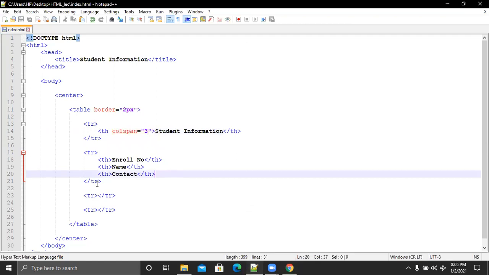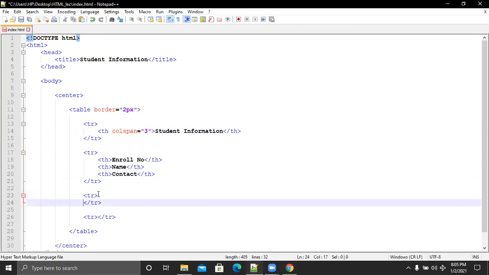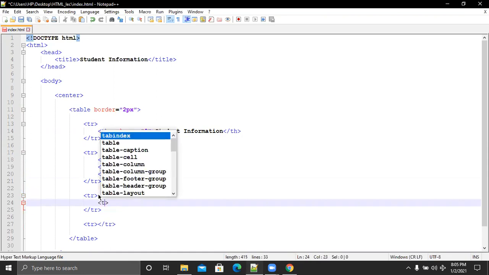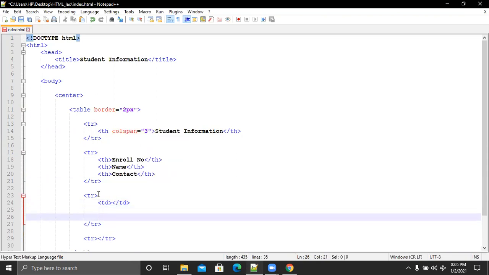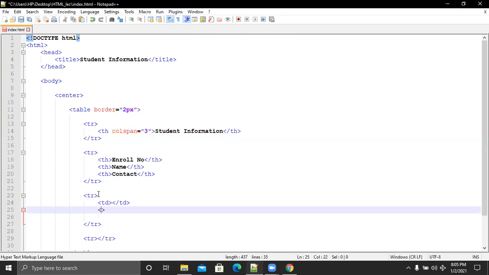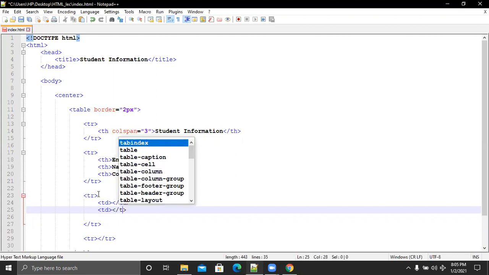Now next I just give data for these columns. For creating data, we have one tag, that is the td tag. I open this td tag and I close this td tag. We have 3 columns, so according to this, we will have 3 columns of data.